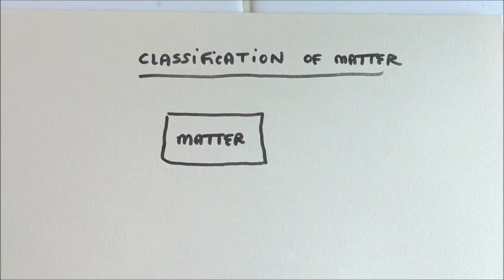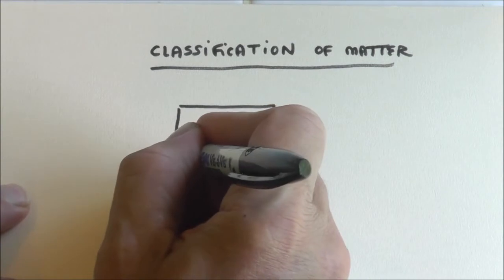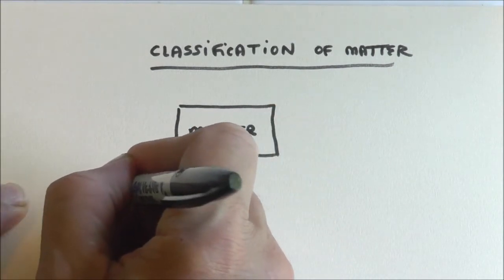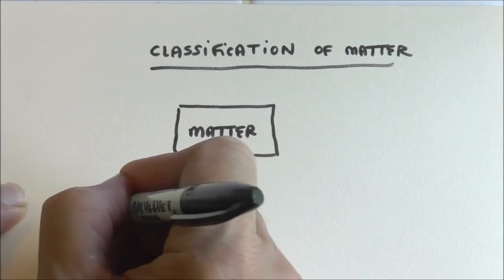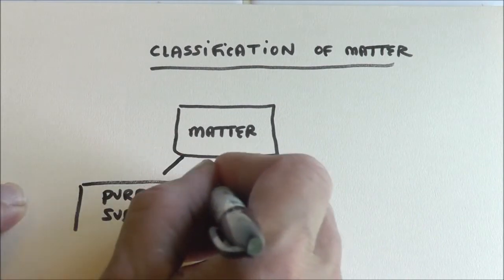Okay, so let's talk about how we can sort of think about the different forms matter will take on. So here's a little concept map of matter, and it's in a box, and that means everything in the universe that has mass or takes up space. We can then subcategorize all matter into 2 things from there. It's either going to be a pure substance. Let's talk about what that means.